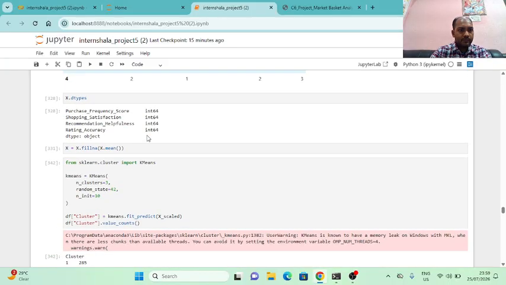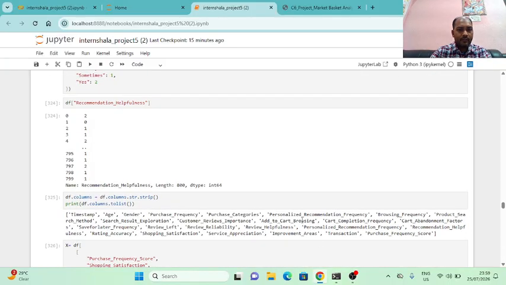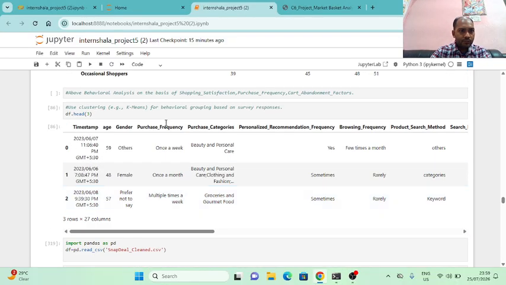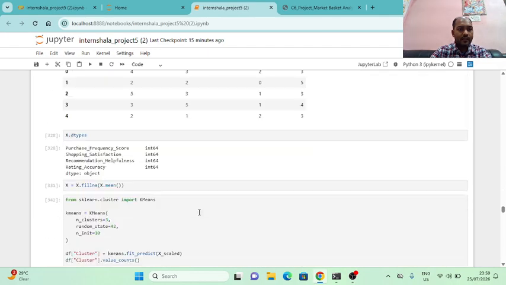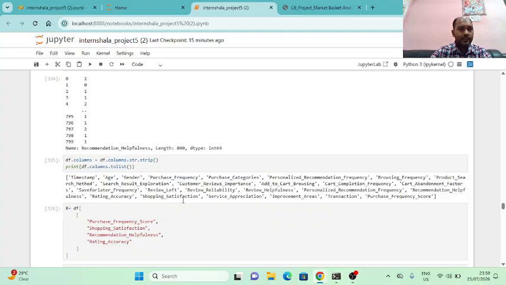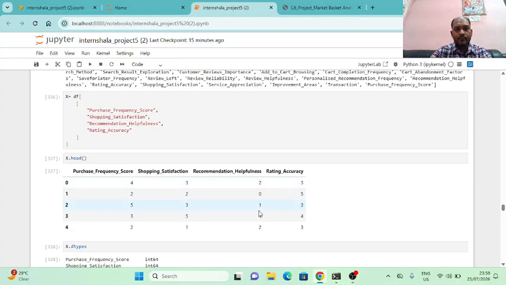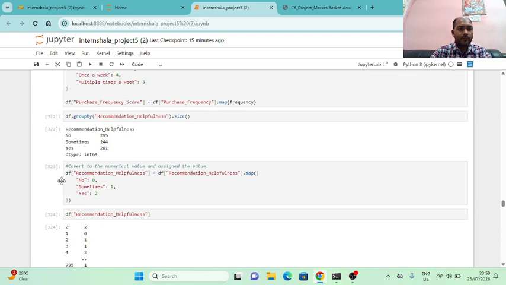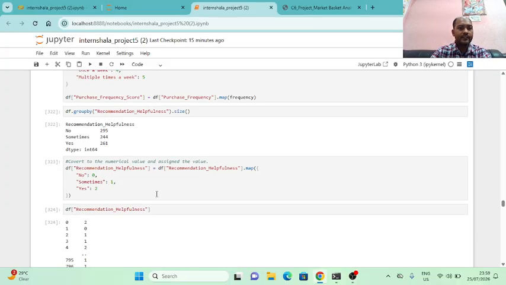After that, the question is to use K-means clustering for behavioral grouping based on the survey response. So I have calculated all the things, converted the recommendation helpful column. This was the object data type, so I converted this to numerical data types, where no is segmented as 0, sometimes as 1, yes as 2, and then